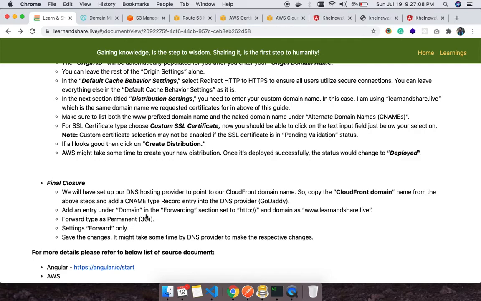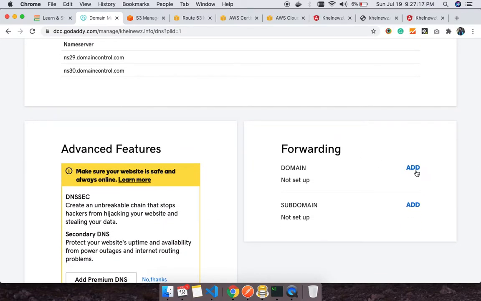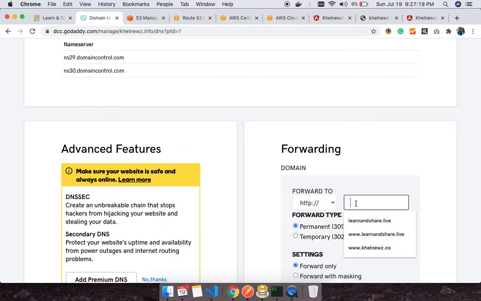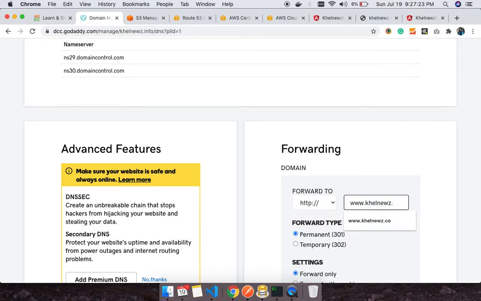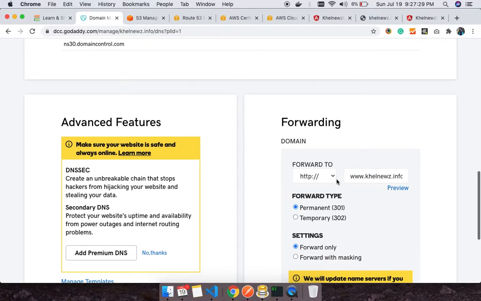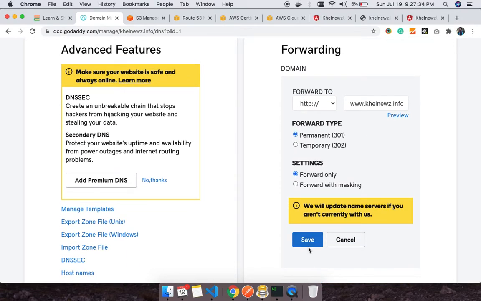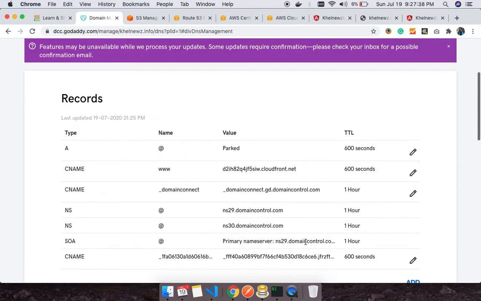I think the next step is we have to forward the domain request. So we have to add our site name, which is kalenews.info. Forward to: whenever we make any request to http here, it will be forwarded to this http kalenews.info. I'm going to save this, keeping all the information as default.